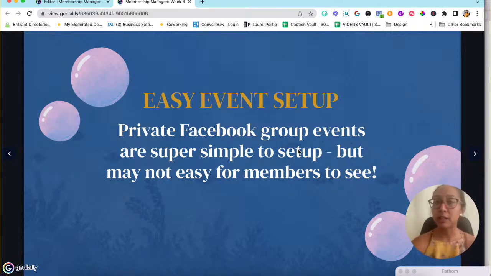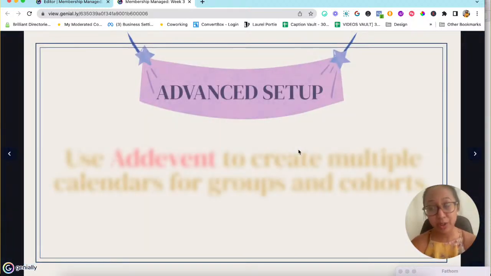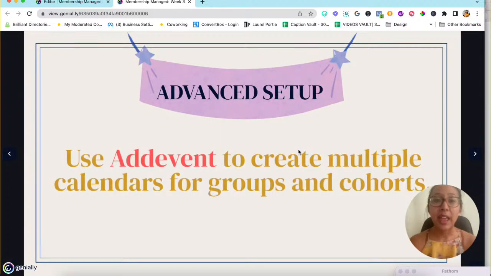Private Facebook group events are some of the simplest ways for you to get started in your membership event structure. There are a lot of different tech tools out there, but if you're thinking about hosting your community on Facebook, this is the simplest way to get started. Creating events specifically for private members in your Facebook group is going to make it easy for Facebook users who are already on the platform. And again, there are some pros and cons when it comes to creating events on Facebook, and we're going to get into that in a later slide.